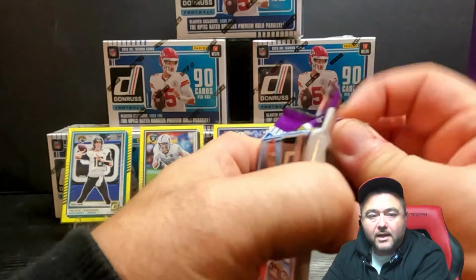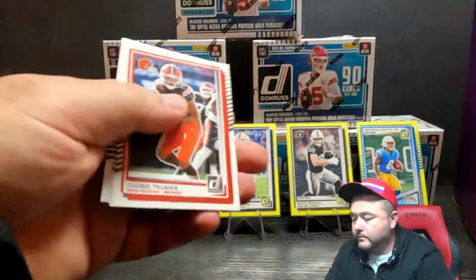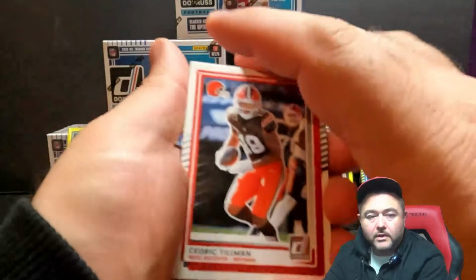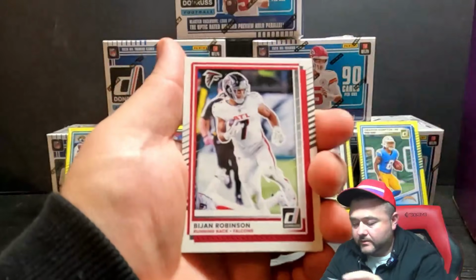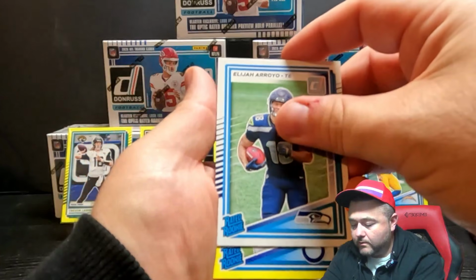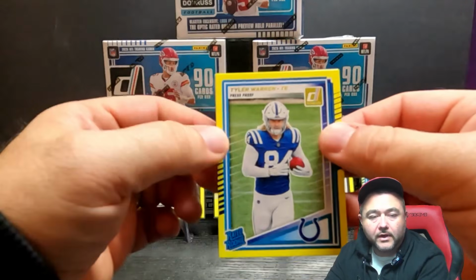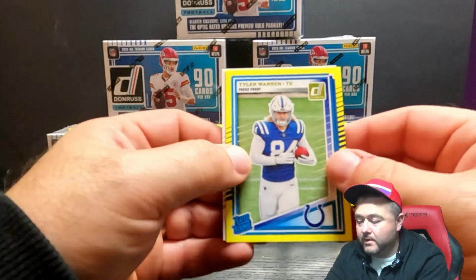All right, next lot of 4 packs. Let's keep it going. Cedric Tillman. Bijan Robinson. Elijah Arroyo. There we go. Tyler Warren, definitely our best yellow press proof hit so far, so I'll have to do some